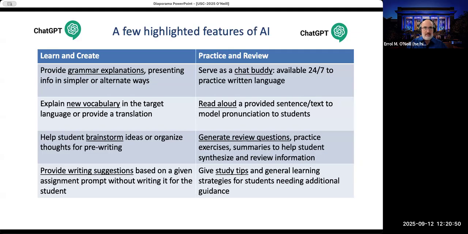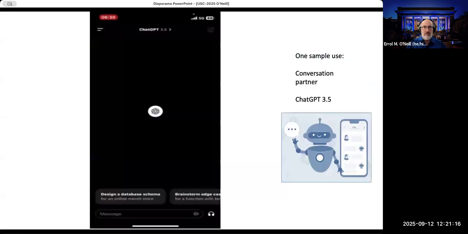It can also serve as a chat buddy. Students can access it anytime to help them with reviewing. With most chatbots now, it has a feature where it will read the outputs so students can hear how it's pronounced. It can generate review questions for students. It could give students study tips. So a wide variety of uses, not just translating, but also using it as a study tool and as a conversation partner. And here's an example of ChatGPT doing a